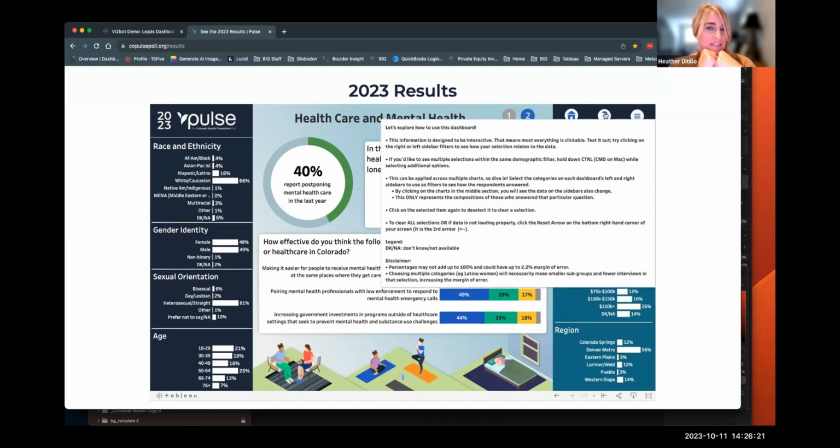So this one, you'll notice, and I'll screenshot this language for you all and put it in the chat too. But this is a way to talk about how to navigate the dashboard and the information that's in there. So I'll put this screenshot right into chat as well. You are all welcome to plagiarize this and use it.